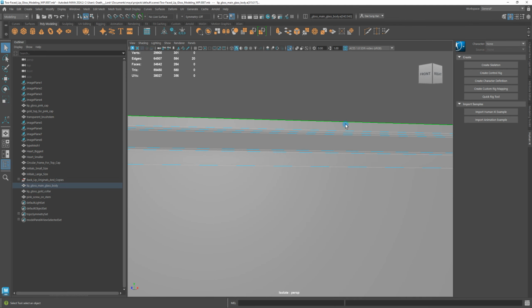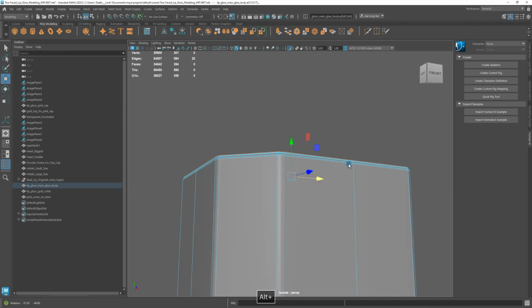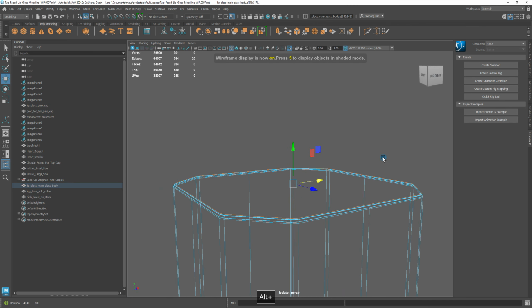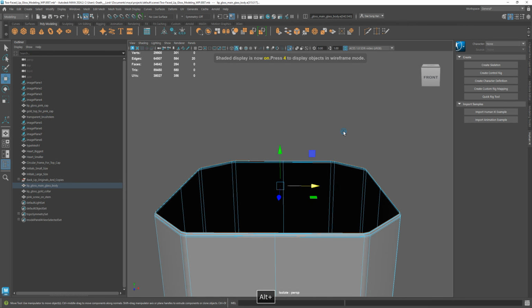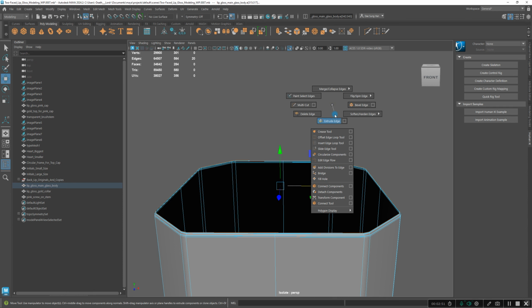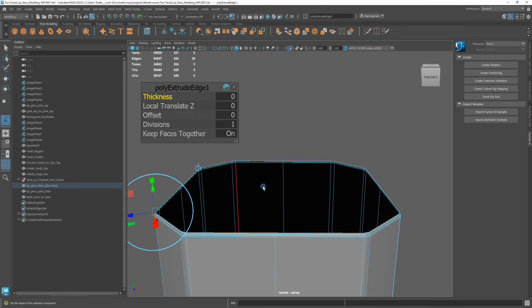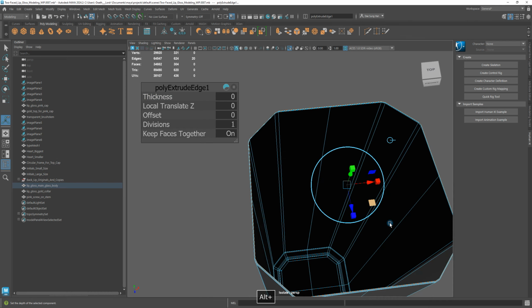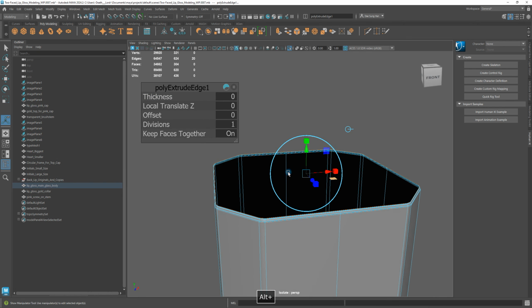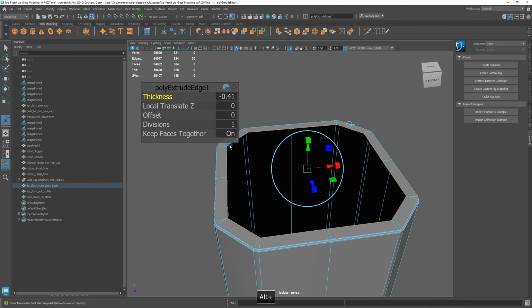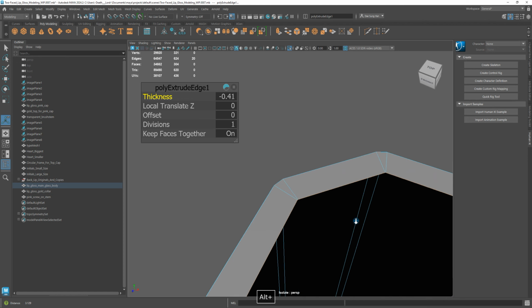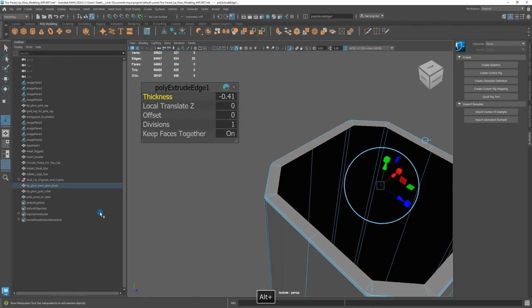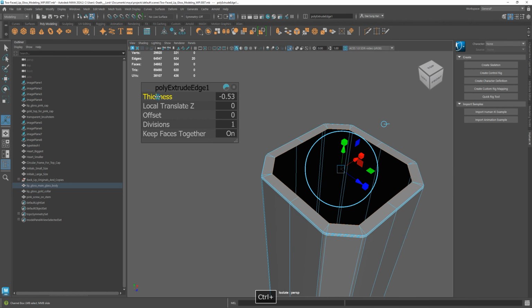I'm going to double click on just this edge, as you can see, and shift right click, extrude edge. I'm going to click on my little dial here so it's centered, so it extrudes from the center. Thickness, there you go. Is that a negative? And I want the thickness maybe